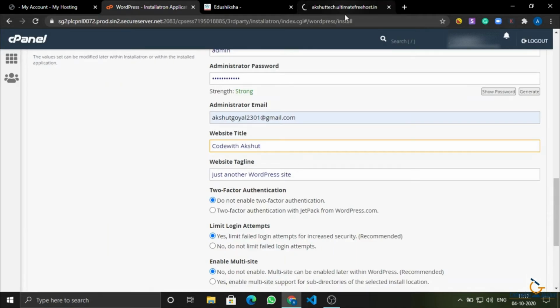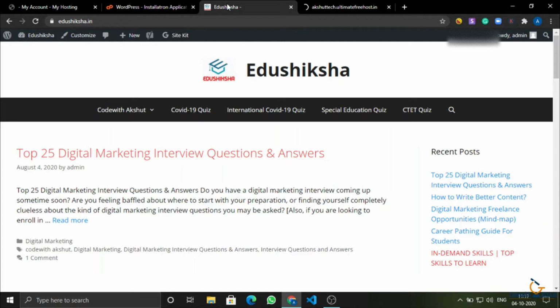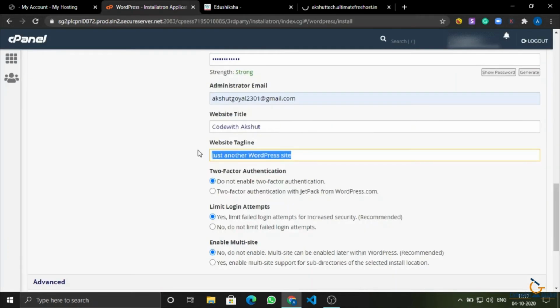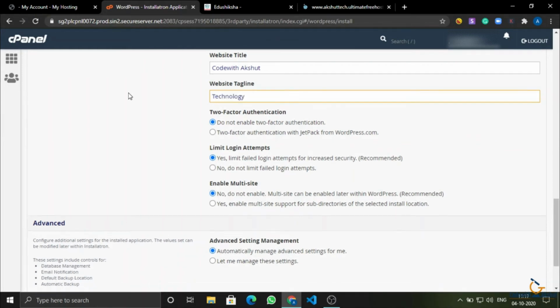It will load in a while. Here is the website tagline. Here the title is Edu Shiksha dash. Dash is the tagline that I have put, as it cannot be empty. This tagline will be like Code with Akshat and dash, and then it would be just another WordPress site. You can change it also, technology and all of these things.